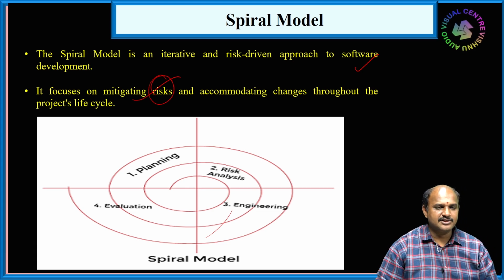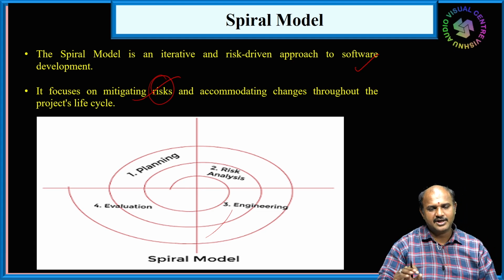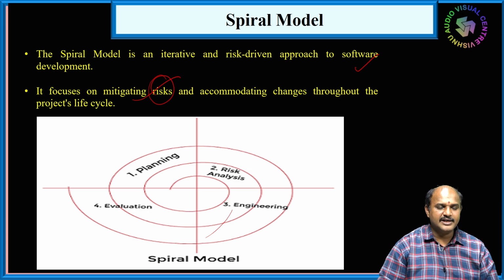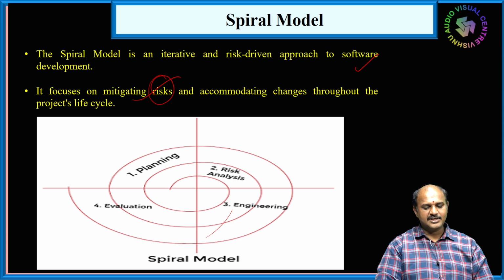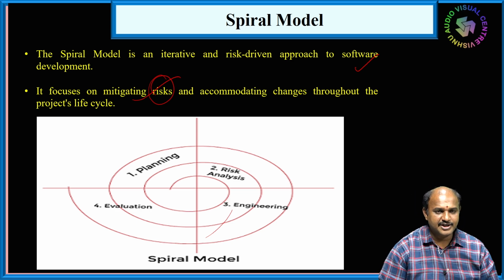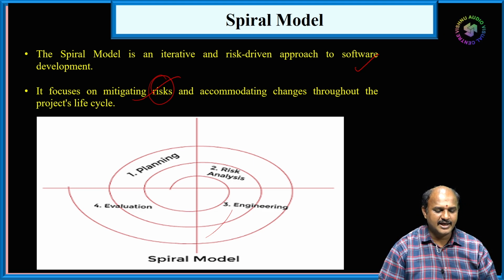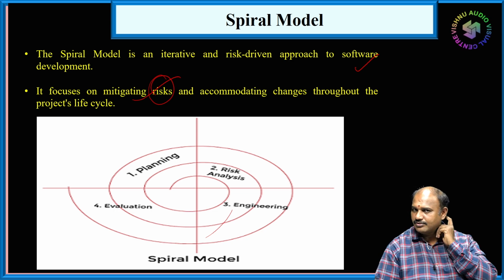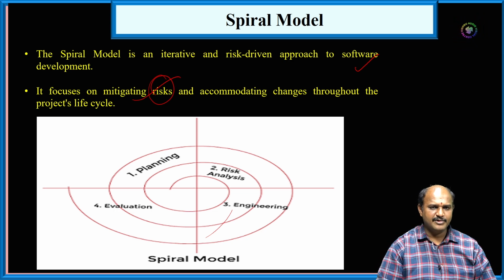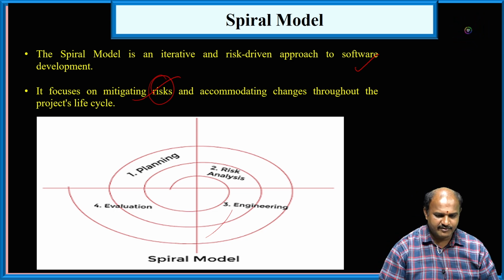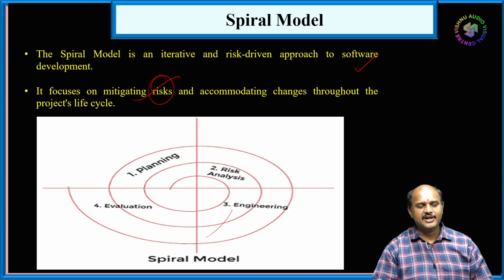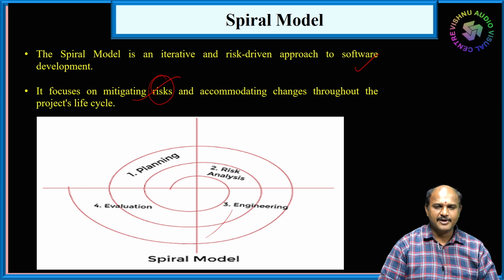The last one, the evaluation part. Evaluation means you are ready to execute in live, after completion of testing and coding and everything. So you are ready to put it in the live state. And again in this evaluation stage we also have to maintain it. Maintenance and supportability are also required. So this is called the spiral model.